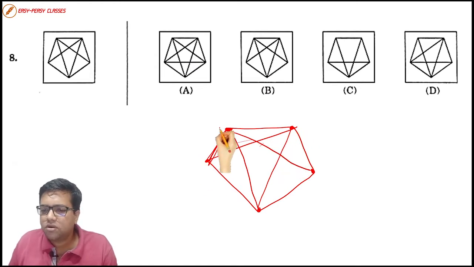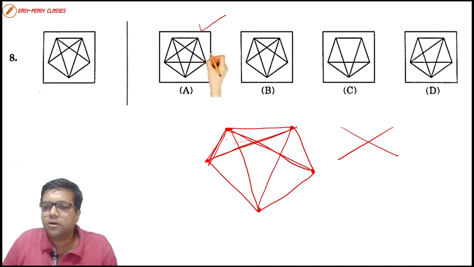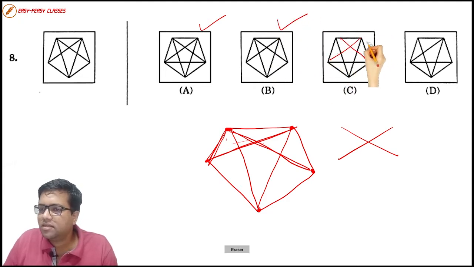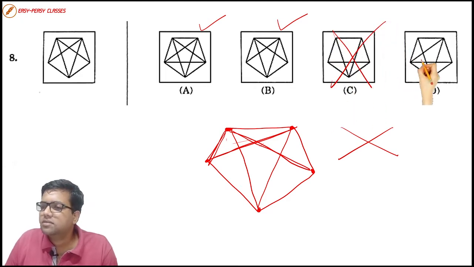Okay, we have this cross mark. Do we have this cross mark over here, like this cross mark among the answers? We have the cross mark over here, right? We will consider it for our answer. We have cross mark over here. Do we have cross mark over here like this? No, we don't have the cross mark. So we eliminate this answer.